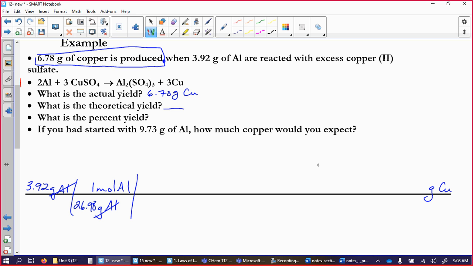I don't want moles of aluminum because I want copper. So that goes in the bottom. We want copper. So then we go to our balanced equation. Copper is way down here. We get 3 moles of copper out of every 2 moles of aluminum that go in. Moles of aluminum cancel with moles of aluminum. Well, we've got the right stuff, copper and copper, but we don't want moles, we want grams. So grams of copper in,